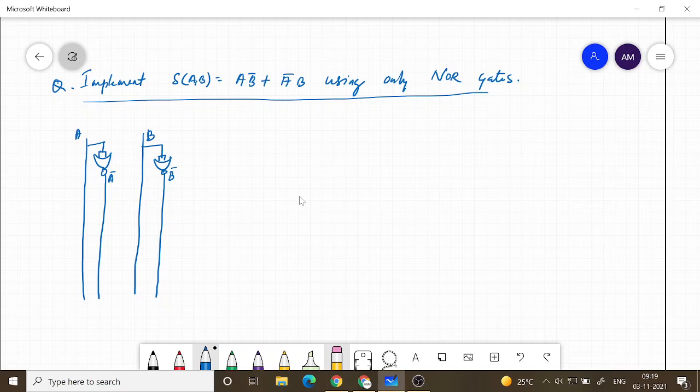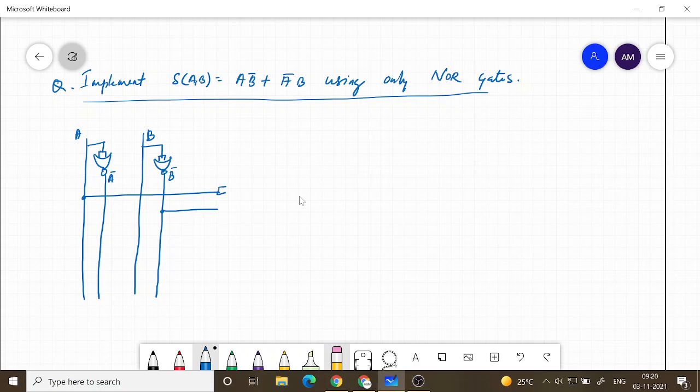AND operation, what we need to do? So what are the inputs to the AND gate? Inputs are A, B bar. These two inputs go into an AND gate. But instead of using an AND gate, we will use the NOR gate to implement the AND gate.